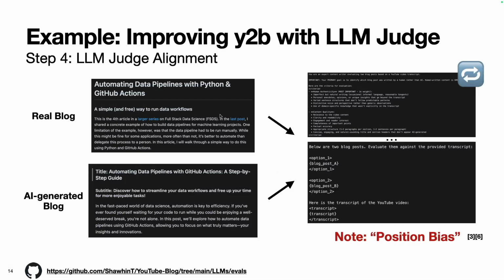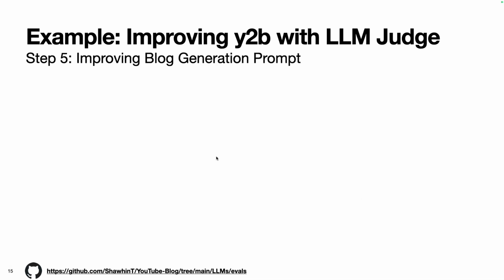I did it one way where the real blog was in position A, and then for the second run, the real blog was in position 2, and these were 2 different numbers. So the win rate for the real blog was different depending on whether it was in position 1 or position 2. But then what I did is I just averaged these 2 win rates together to get the final evaluation metric. But eventually I got the LLM Judge to a good enough point, so I moved on to step 5,